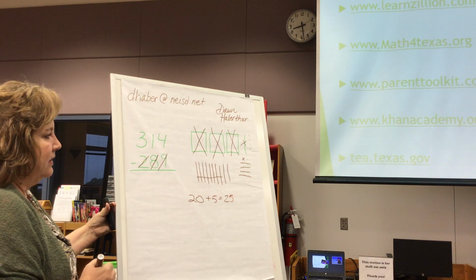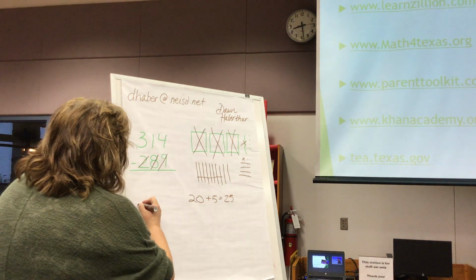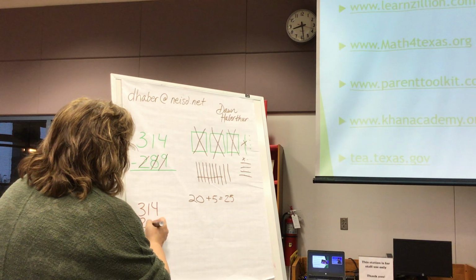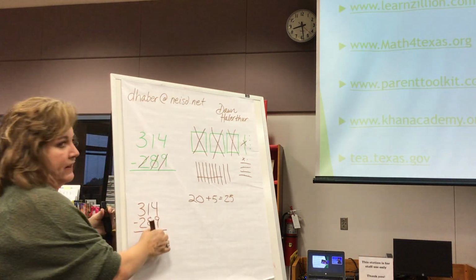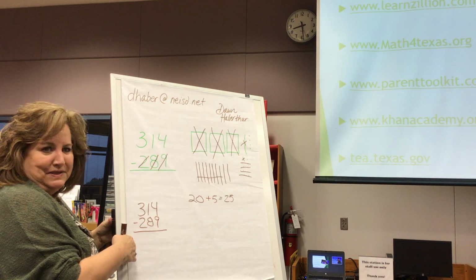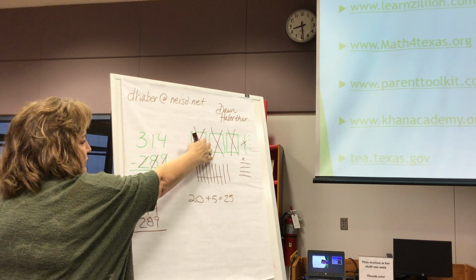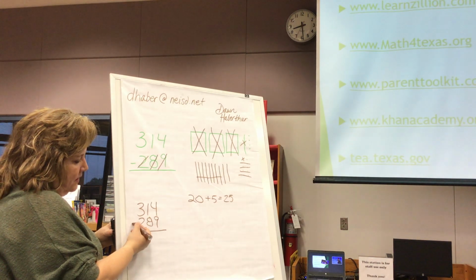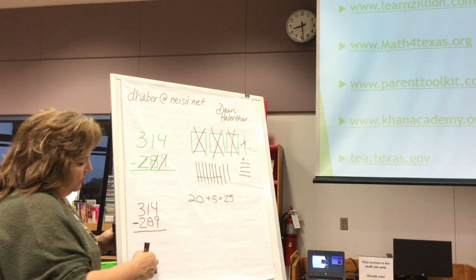Another way is on a number line. But what I would do is encourage them to perhaps start with the ones. Because what I see when they get to 3rd grade, they want to start subtracting over here. Do you see what I mean? We show them all these different ways and they're used to doing it this way, but eventually in 3rd grade, this is called the standard algorithm, how we subtracted, but we want them to know that